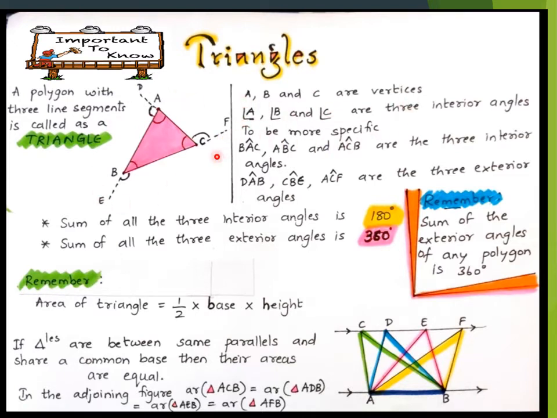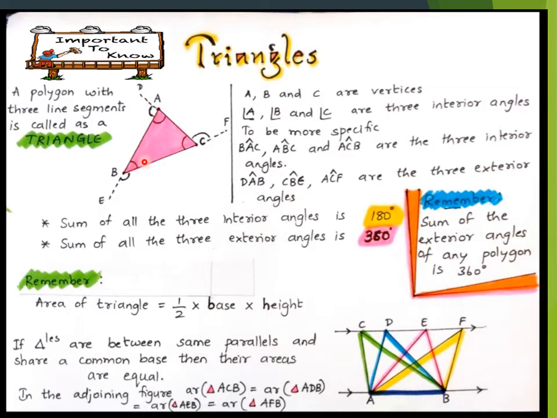A triangle can have 6 angles, 3 angles inside the triangle and 3 angles outside the triangle. When can outside angles be formed? When you extend the sides in one cyclic order, you will be getting exterior angles outside the triangle. Since they are formed outside, they are called as exterior angles. Here you can see angle A, angle B, angle C are interior angles. Angle BAD, angle CBE, angle ACF are all exterior angles.